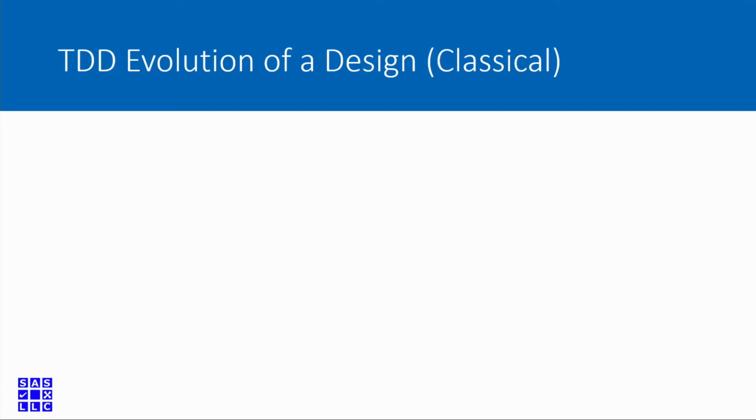Okay. All right, so this is a large part of Sandro Mancuso's presentation, the TDD evolution of a design. And this is classical TDD. So for those of you who haven't looked at TDD a whole lot, the basic premise of TDD is you write the test first and then write the code. That's the absolute basic premise. But there are really two different schools of thought when it comes to TDD. There's the classical, which is the Kent Beck, the original one. Sometimes I guess they call it East Coast or Chicago School or something.